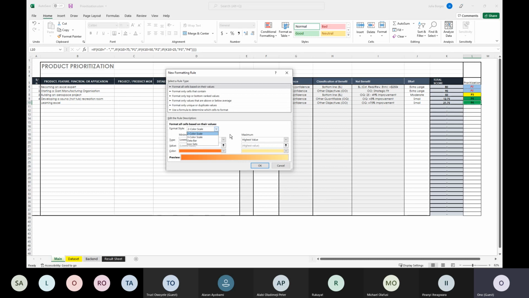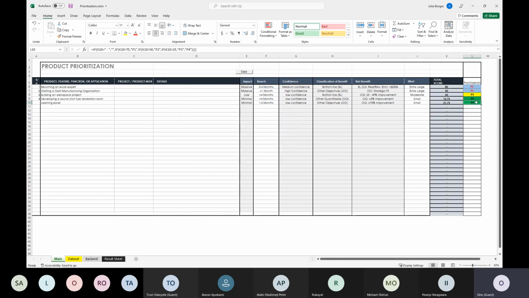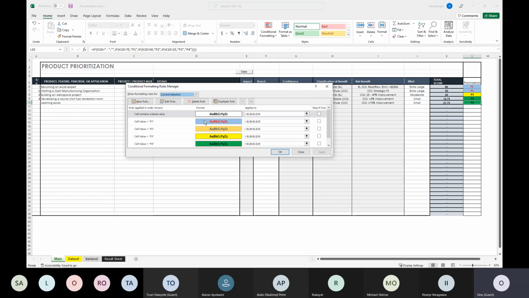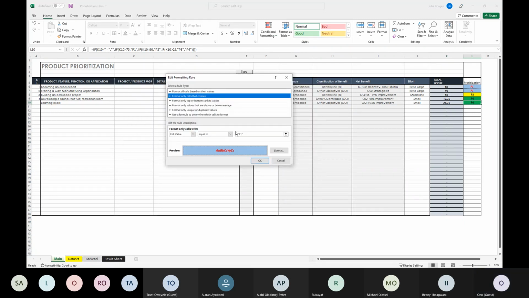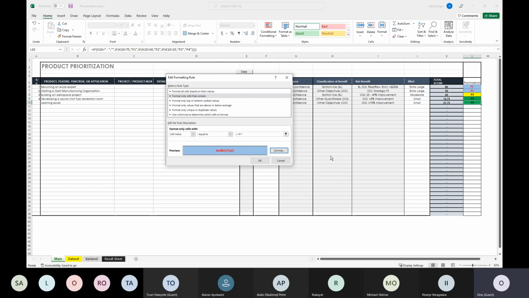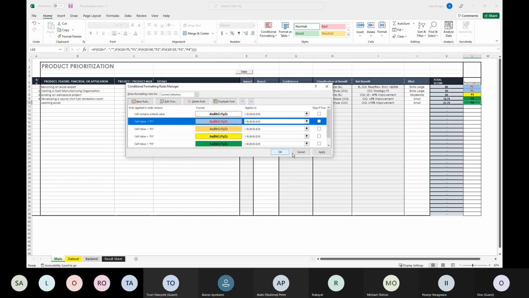So if I decided that this particular item would look a different way, all I do is edit, change the line, and then okay, and you would notice that this would change.